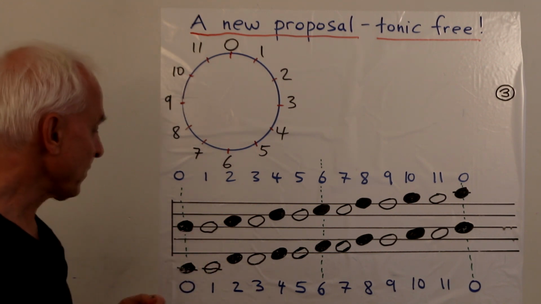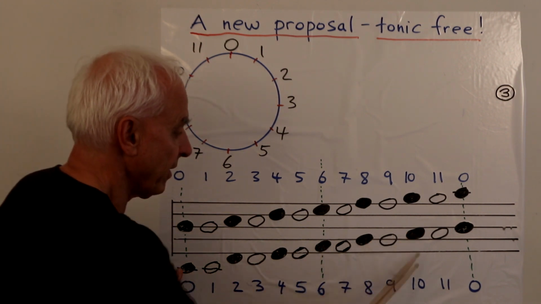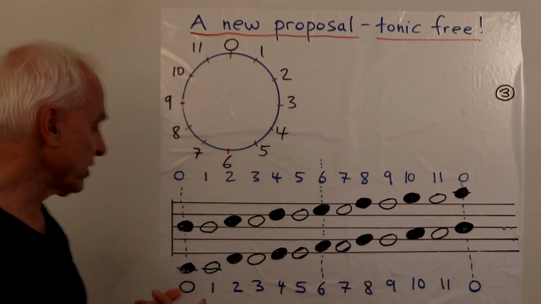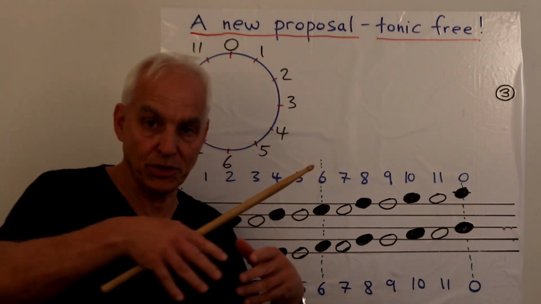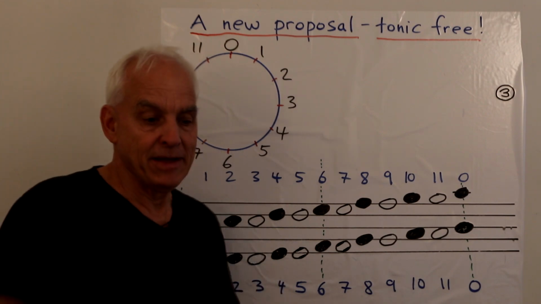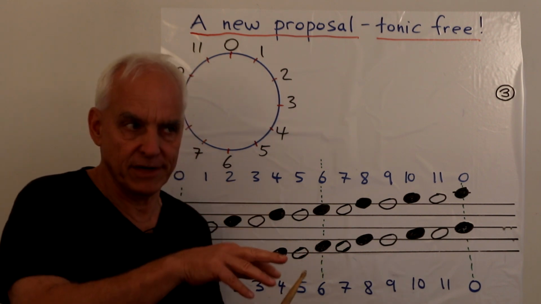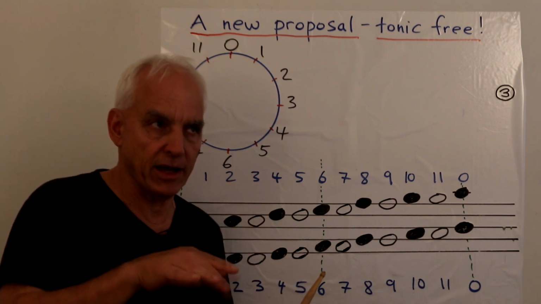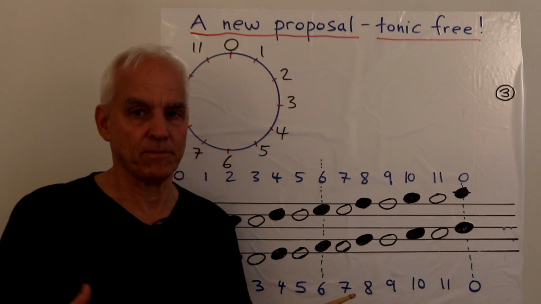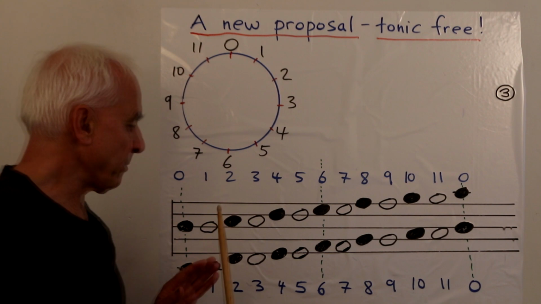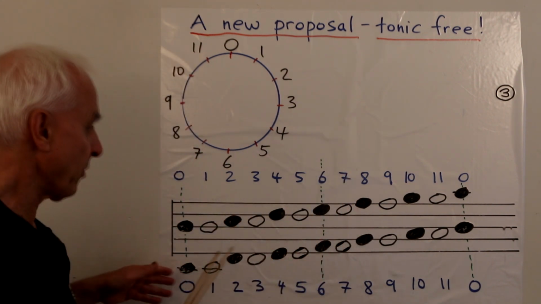So for example, the black notes are all even numbers. So they correspond to a uniform 2 scale that I've showed you before. Remember, there were 2 uniform 2-step scales. C, D, E, F sharp, G sharp, A sharp, B was one of them, and then D flat, E flat, F, G, A, B, D flat again was the other one. So those 2 things are represented by the black notes and the white notes respectively. Okay, so the uniform scales are in there.